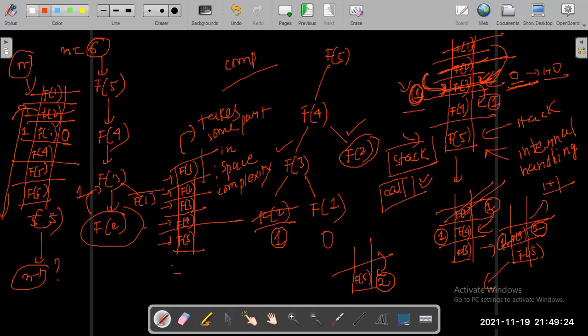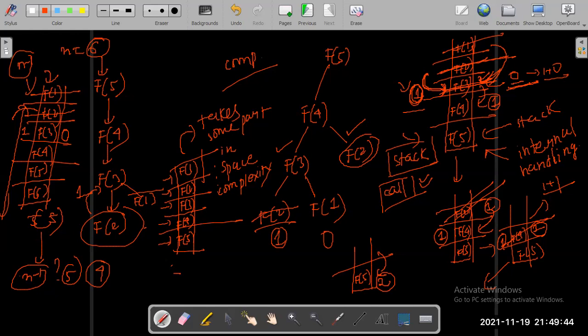So now f of 3, again, there are two conditions. Once f of 1 has got into the stack, how many functions were there? 5. Now after popping out f of 1, I again have 4 functions inside the stack. Fine. Now f of 3 is there.